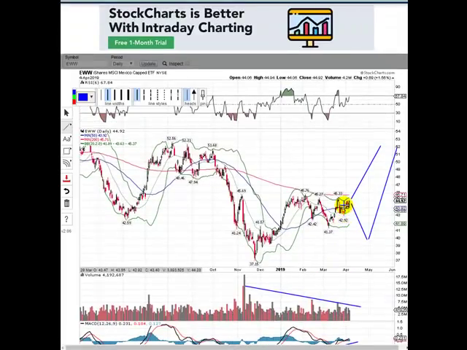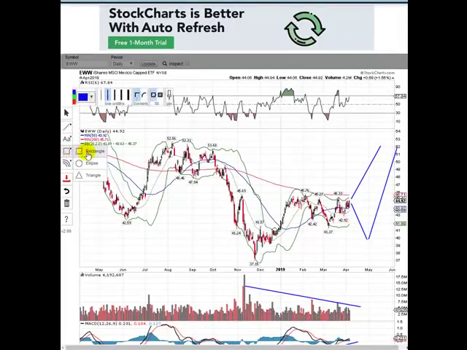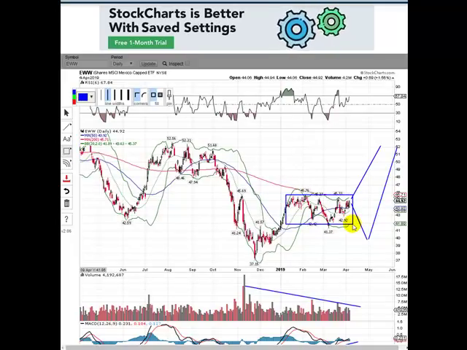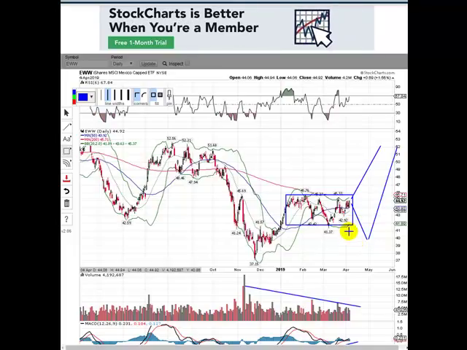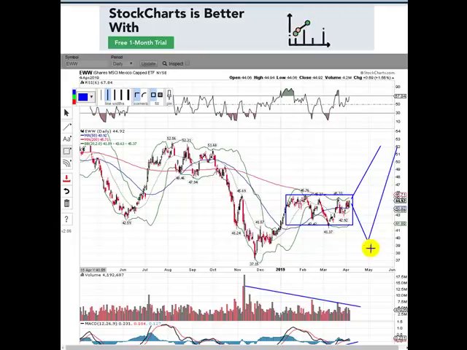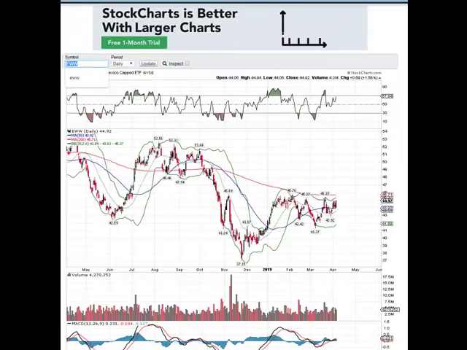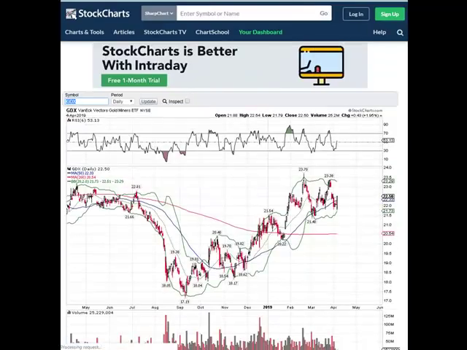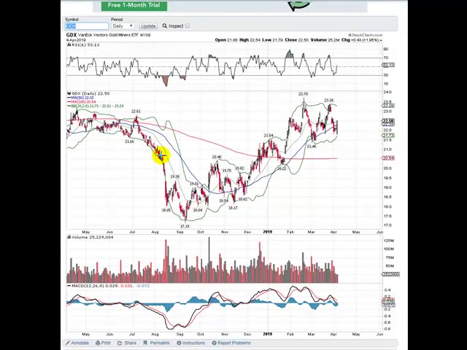Also, when it does move, it could move quite quickly because long boring ranges make for long, strong trending moves. And so we have been in a range for several months here now, and so we could get a fairly strong breakout one way or the other. And so we could get that surge fairly soon, or this surge fairly soon, and then rebound there. But that's what I'm looking for to have happen with EWW, and very promising with what we're seeing there. I believe those companies will do well.